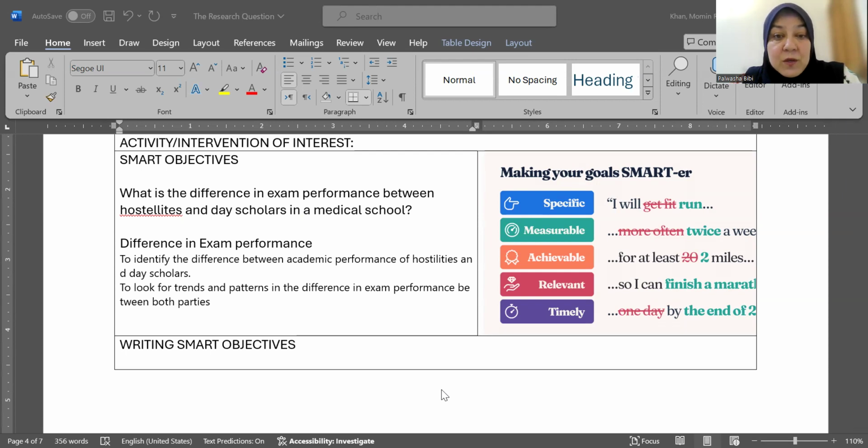Isn't that objective already present in the question? Obviously, the objective is present in the question, and the question is supposed to carry all the objectives. Only if the question is so strong that it carries all the objectives will you be able to write the SMART objectives. So either the question is weak, you tell me how to make it stronger, or the question is sufficient, so you write three SMART objectives. And I'll see you at 8:45, inshallah.